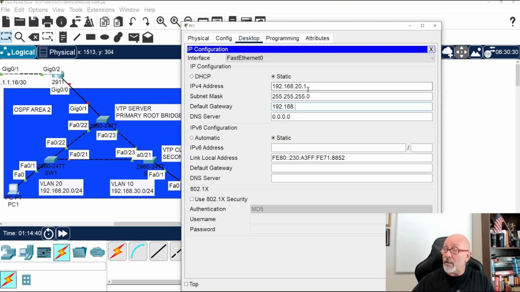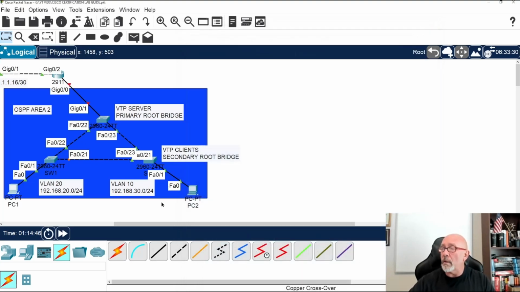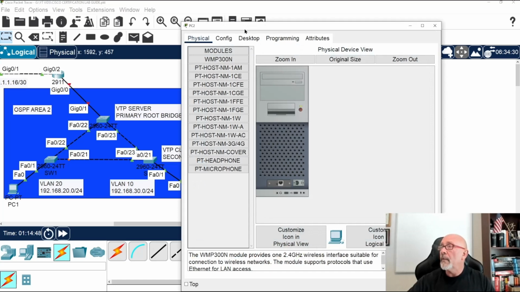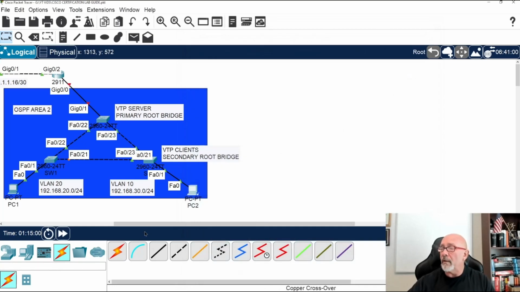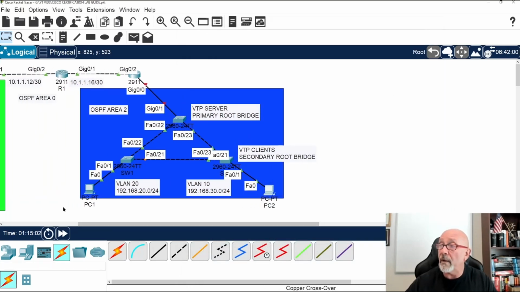So now the router is your gateway. You're not routing the switches. For VLAN 30, 192.168.30.1 with gateway 192.168.30.254. We're not doing DNS or anything like that right now. That'll be another video. If not, we'll be here forever.